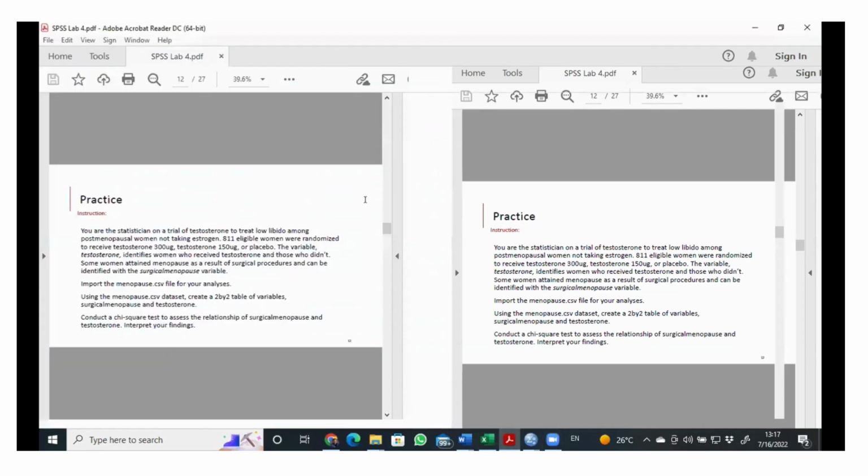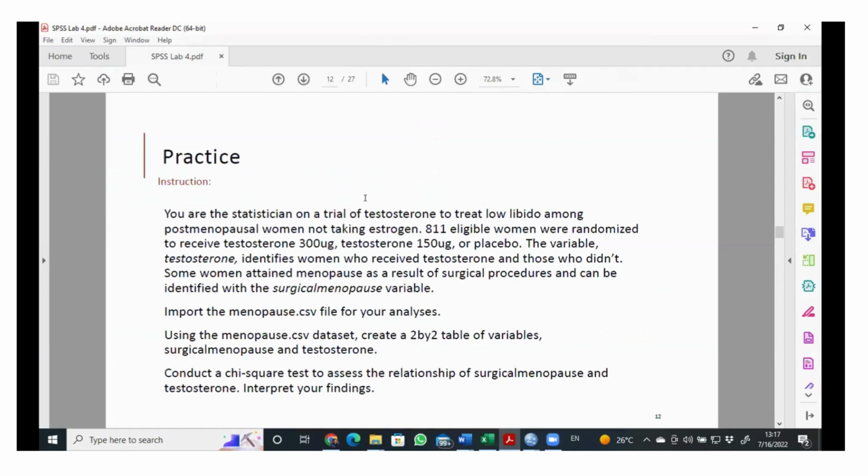This gives us a very practical understanding of what the chi-square does. It says you are a statistician on a trial of testosterone to treat low libido among postmenopausal women not taking estrogen. 811 eligible women were randomized to receive testosterone 300 micrograms, testosterone 150 micrograms, or placebo.